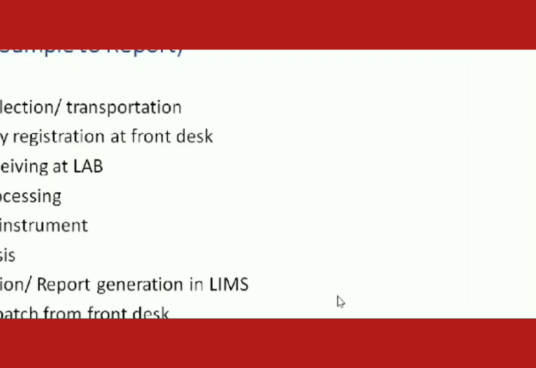Sample processing here involves an immunoassay, an immunofluorometric assay, where for each parameter you are looking at, there should be a separate run. For free beta hCG, you need to take a plate, add everything, and process it. So for each parameter there is a separate step. Each time a 96-well plate is taken, you add the sample into it, add the proper reagents, incubate it, wash it, then add